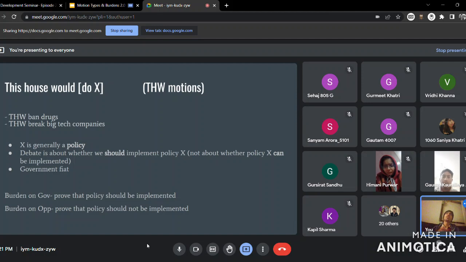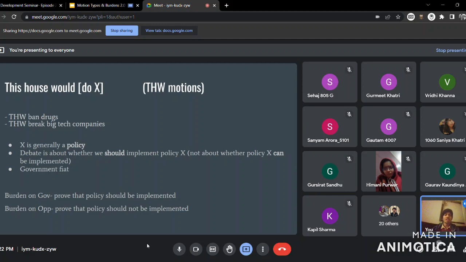Now, what happens a lot of times in debates is that debaters get into whether this policy can be implemented or not. Is it feasible to do this or things like that? They get into it too much. I'm not saying that these should completely be ignored. These can become points in some debates, but in general, the reason why CAs set motions about policies is to have the debaters debate about what are the possible harms and benefits of this policy, whether this policy is a fair one or not by either utilitarian metrics or other metrics and things like that. The debate rarely is intended to be about whether something can be implemented or not.